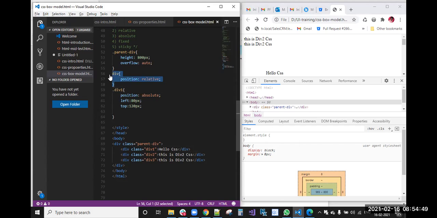Now if I remove the position relative for this, it is moved a little bit to the top. Why has it moved a little bit to the top? Because previously these divs had the position relative property. Because of that, it moved 100 pixels from here to here, a little down. Now these divs do not have position relative properties. Now the whole body is the position relative element.